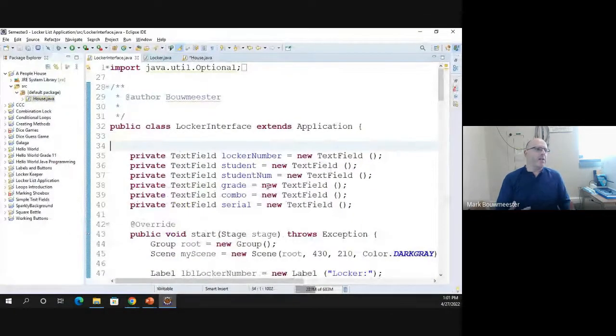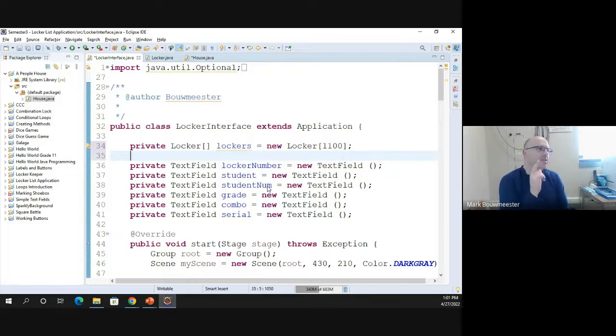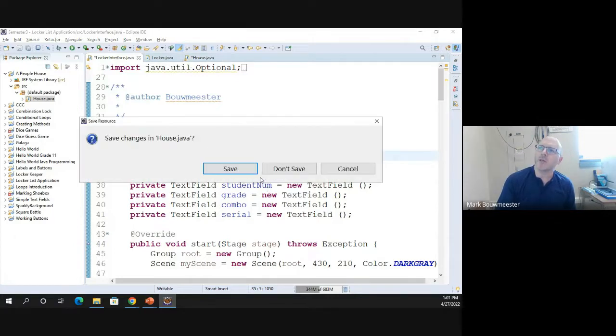If I wanted to make the space to store the details about 1,100 lockers, I would do something along the lines of private locker array, lockers equal to new locker array with 1,100. And that should be big enough for our purposes. That sets aside space in memory to make 1,100 locker objects. Remember, a locker object,